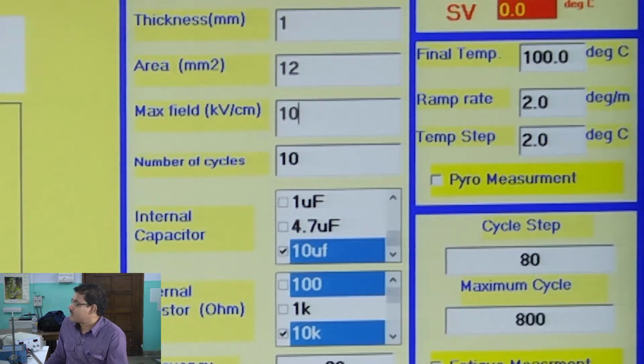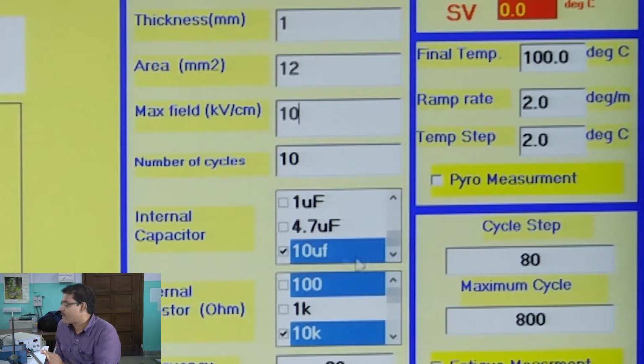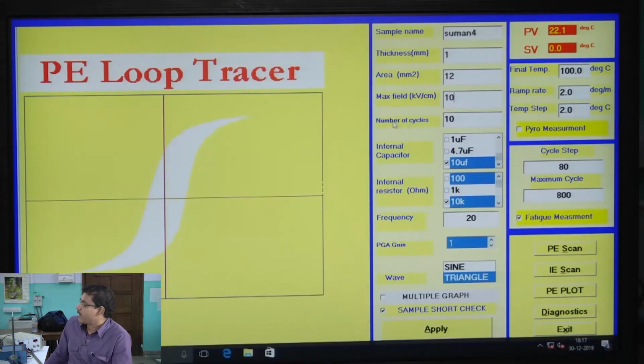One has to know what the things in the program are for detailed use of this instrument, but we do not need that much at present. At present what I want to know is how to plot the PE loop of a ferroelectric material.